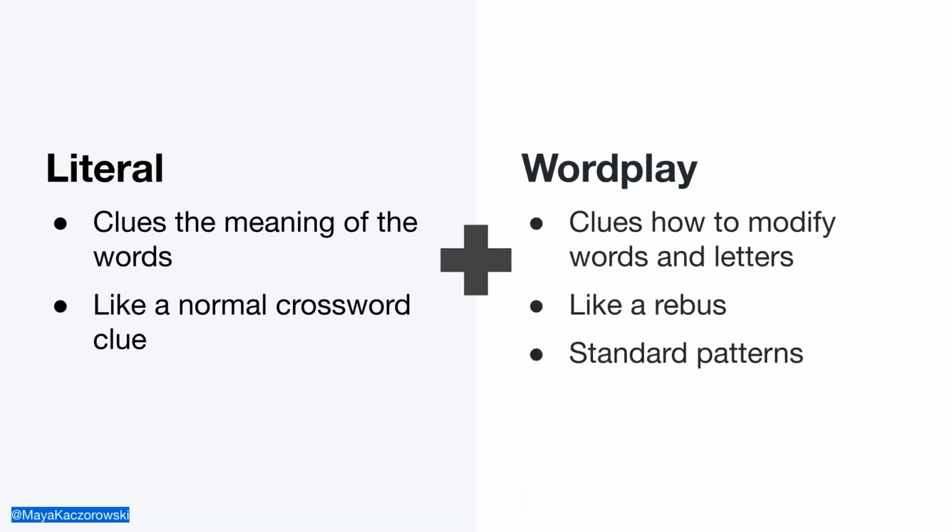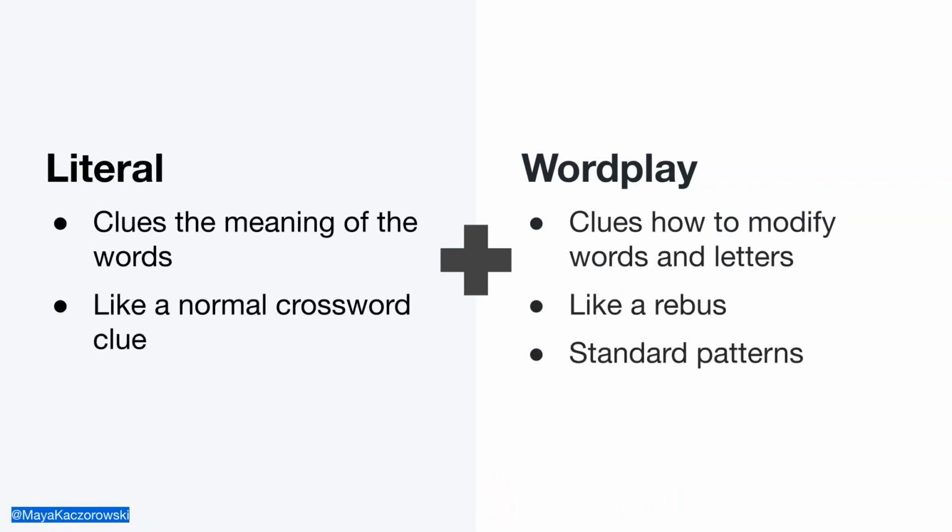A few things worth calling out. First, it's standard that the literal and the wordplay are each at different ends of the clue. What I mean by that is that it could be literal first, then wordplay second, or wordplay first, then literal second, but you can't really have wordplay in the middle of the literal or alternate words or anything like that. Second, unless it's a really obscure word or a really poorly written clue, you'll know that you have the right answer. If the wordplay gets you a real word that the literal part also corresponds to, you're done. You don't need to enter it into the grid or anything to check your answer against other letters. It checks itself.